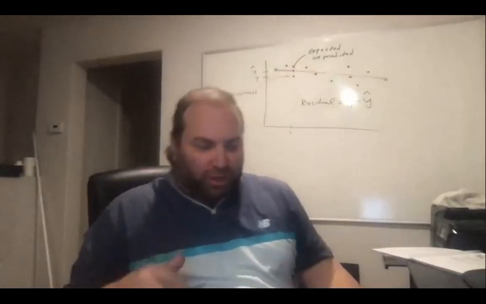In a sense, the best line is the one that will give you the smallest sum of the squared residuals. We call it the least squares regression line. It's the one that will give you the sum of the squares as small as possible out of all the infinitely many lines, because remember, there's infinitely many slopes and infinitely many y-intercepts. And after you finish all of your multivariable calculus, you get the final result that the slope is r